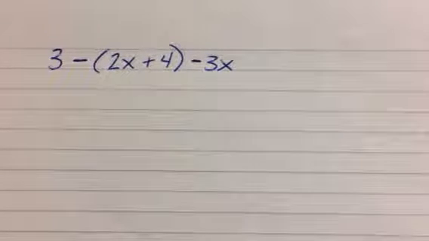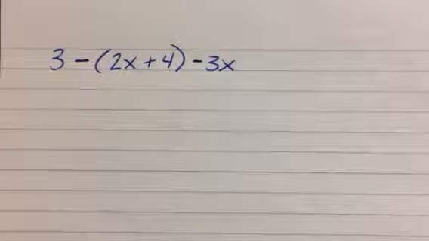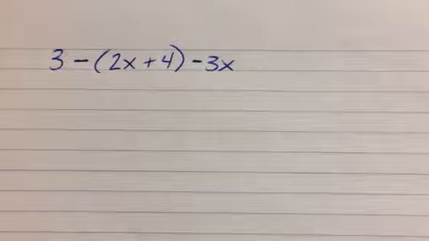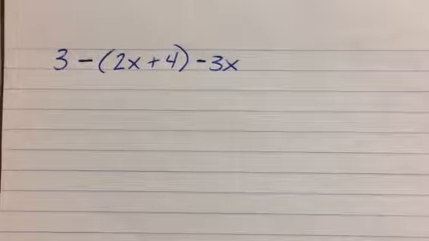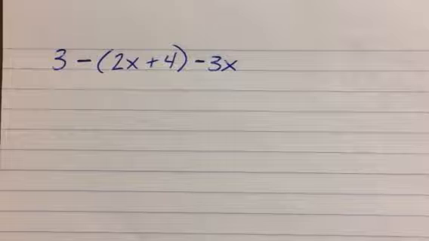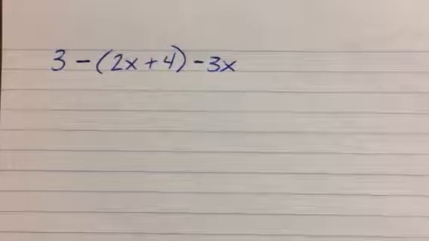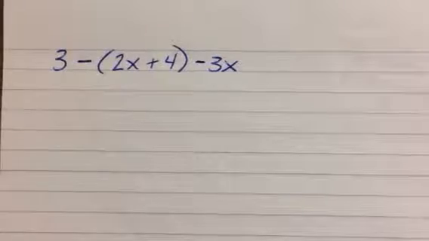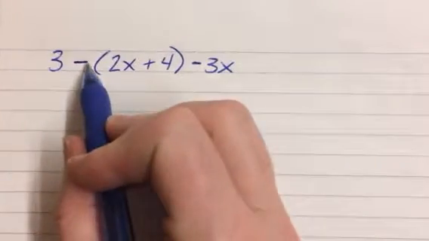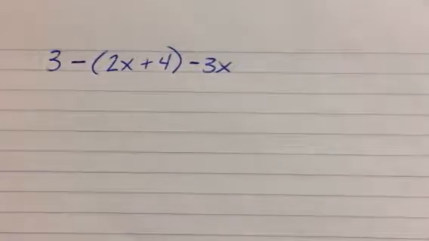This is your video on distributing and then combining like terms to completely simplify an expression. So first of all, we need to box in the section where we're actually distributing, and that would be where the parentheses are, and then also what am I distributing. So if you take a look, there's a minus sign here. Anytime you see that with a minus and then I open parentheses, there's really a little -1 there that we